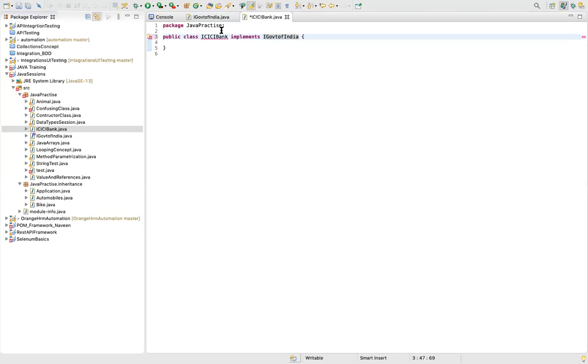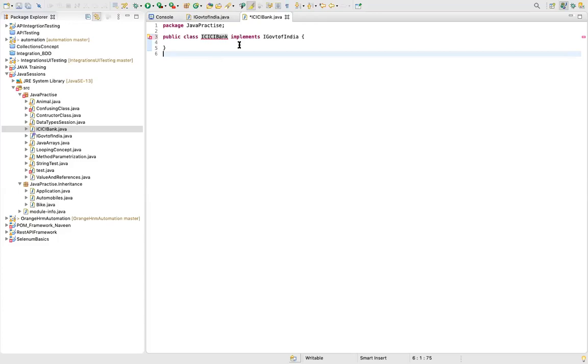See guys, as soon as I created a class and implemented I Government of India, it started giving me an error. I did nothing, right? There's nothing wrong in the code. I haven't written even a single line of Java code, but still I'm getting an error. Any guesses what could be the error? The most obvious reason is Government of India says implement the methods. Yes, right. Whatever methods I have in my interface, all those methods should be implemented in your particular class.